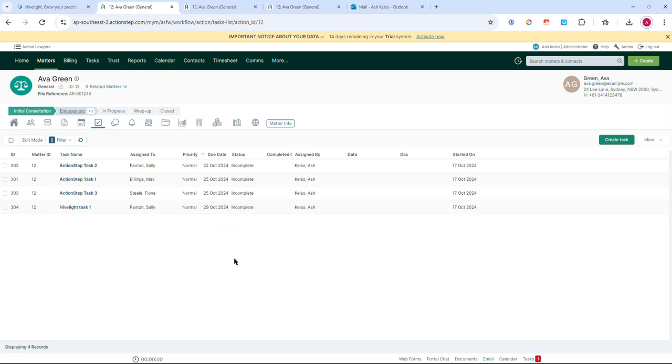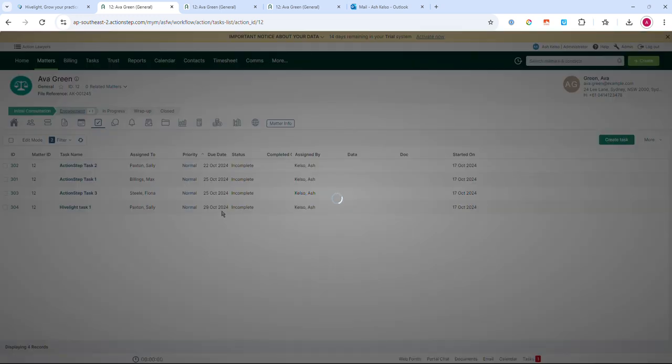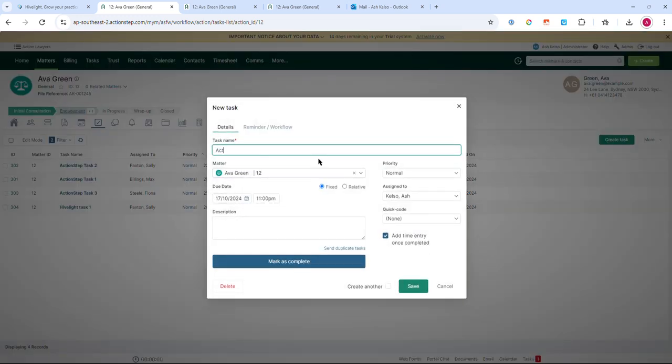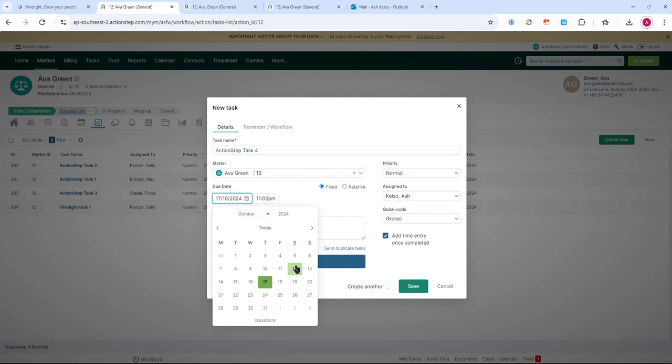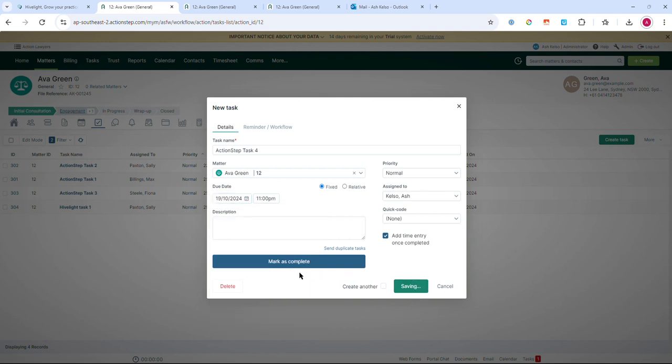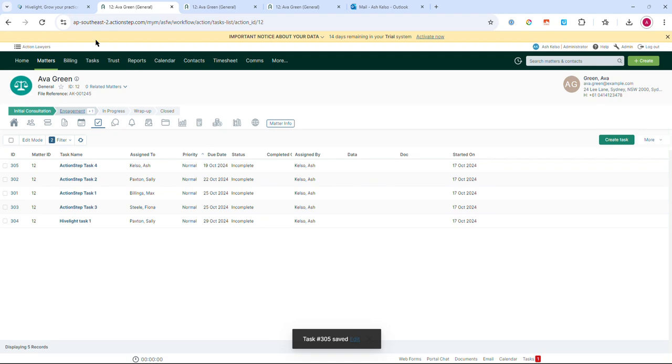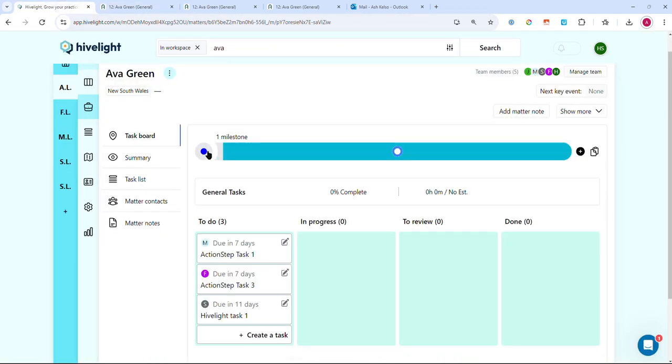Similarly, if we have our matter in ActionStep open, and a client is on the phone for something, we want to whack a quick task in without having to switch platforms at all. I can just go create task over here. Let's go ActionStep task number 4 and assign this one to myself and put a due date on it and put that in. And so now when we go back over to our matter in Hivelight on the general tasks board,